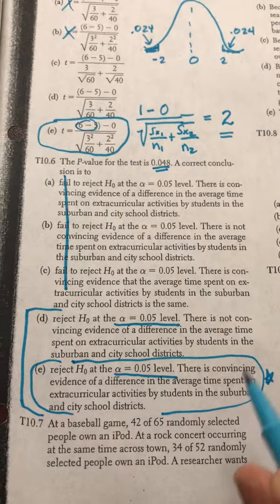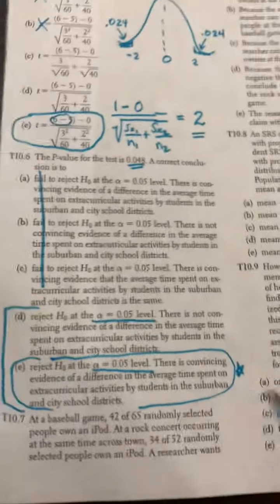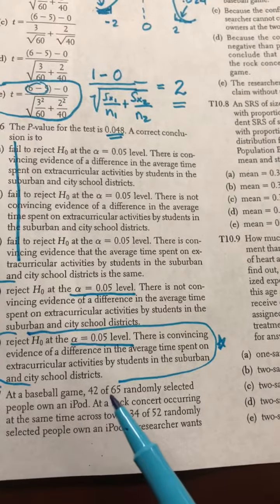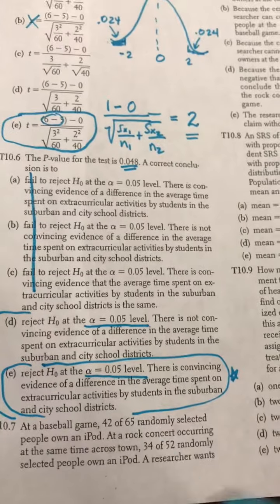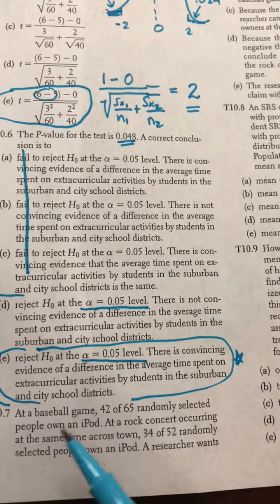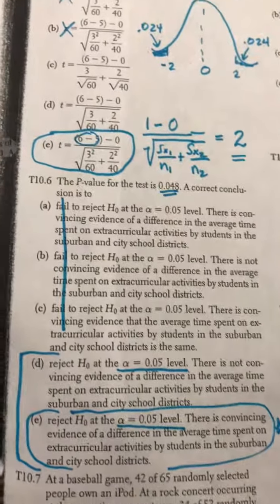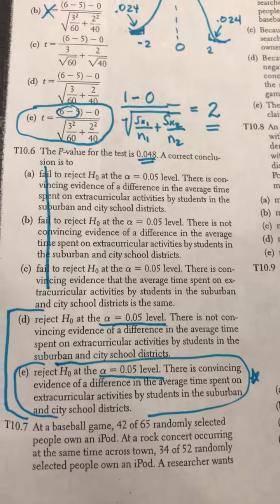Next, pretty neat. We see here that at a baseball game, there's 42 out of 65 who own an iPod. So I could